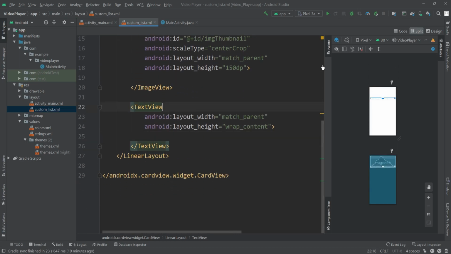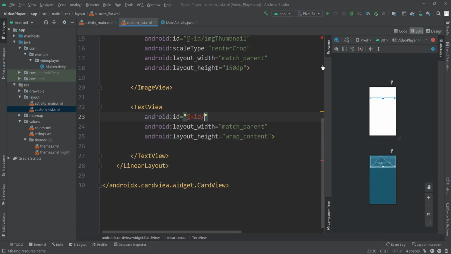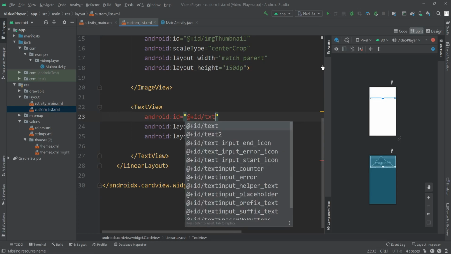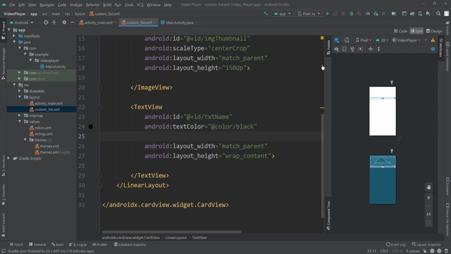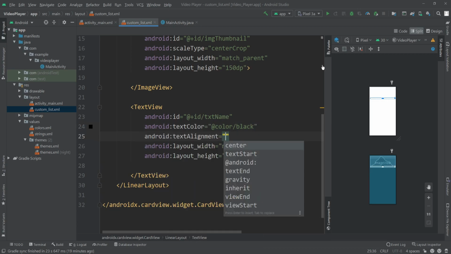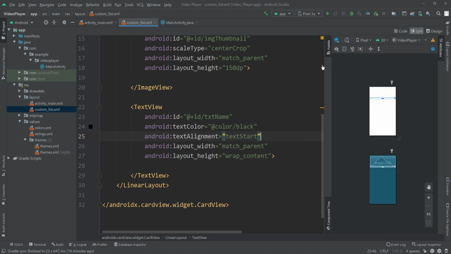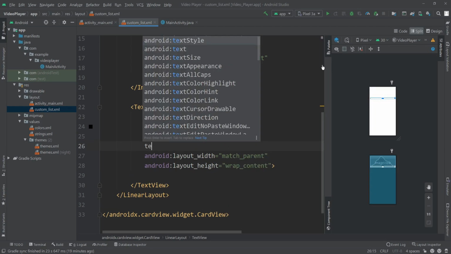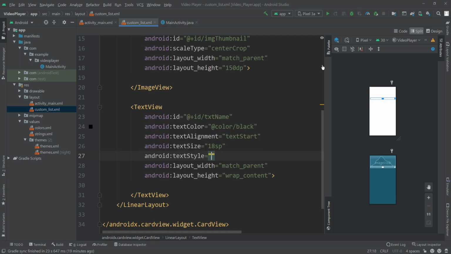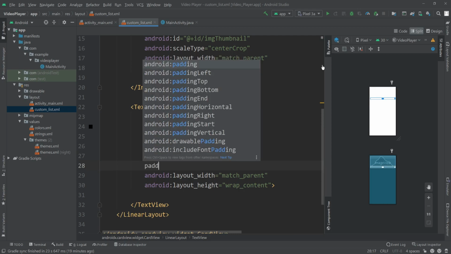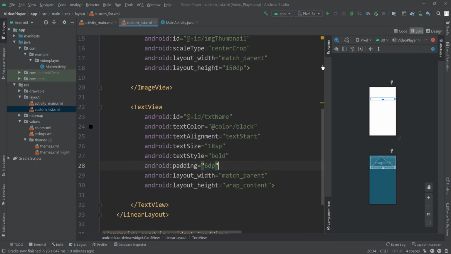I'll also give this text view an ID. I'll call this txt name. I'll change the text color to color black. I'll set the text alignment to text start, and I'll also change the text size to 18 sp. I'll also change the text style to be, let's say, bold, and I'll give this a padding of 6 dp,